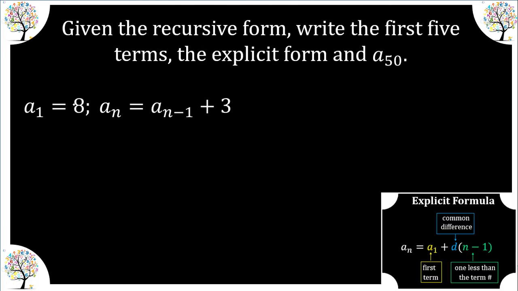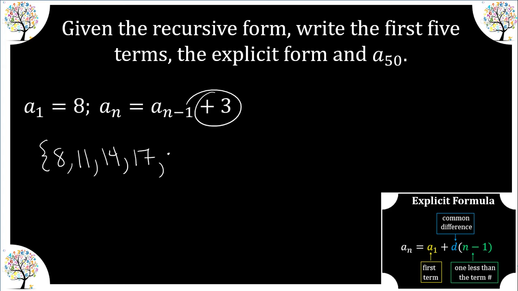Okay, now given the recursive form, we're going to write the first 5 terms and the explicit form, and we're going to find the 50th term here. So here I have a sub 1 equals 8, a sub n equals a sub n minus 1 plus 3. We are going to start with 8, and our pattern is plus 3. So 8 plus 3 is 11, plus 3 is 14, plus 3 is 17, plus 3 is 20, and so forth. The explicit